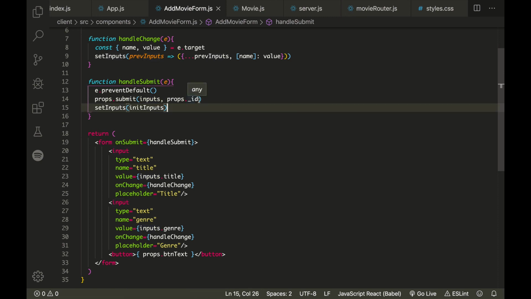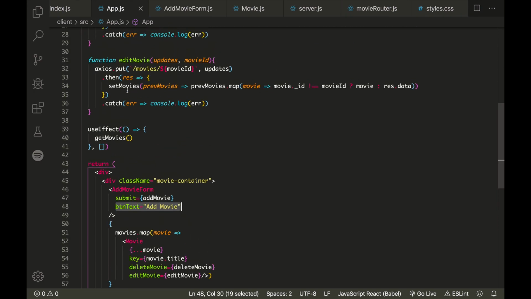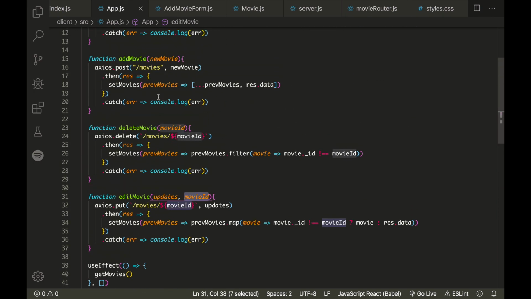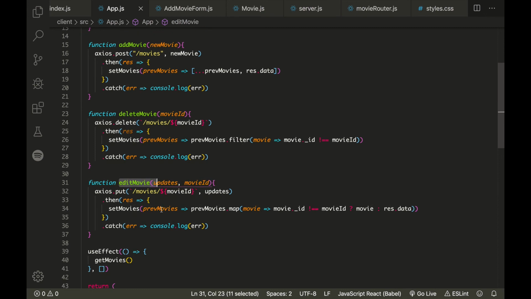Now, when we're using the add movie form for actually adding a new movie, this won't be defined. This will be undefined, and that's fine because we're not using it anywhere. But when we're using it for edits, our edit function up here needs to receive updates and the movie ID. Unlike the post request that just needed the new object, we needed the new object and an ID. So we made place for that so that this function could receive it, do the put request, send along the